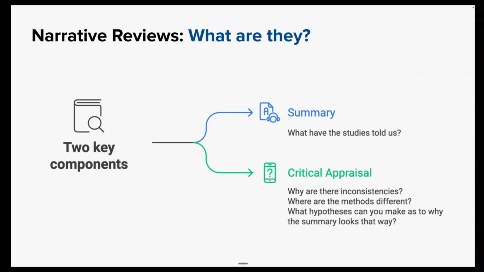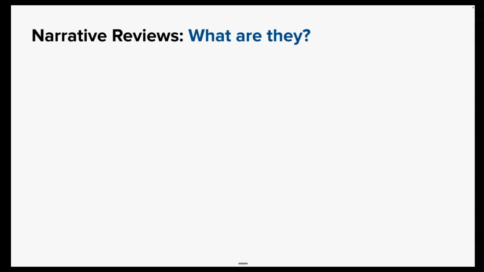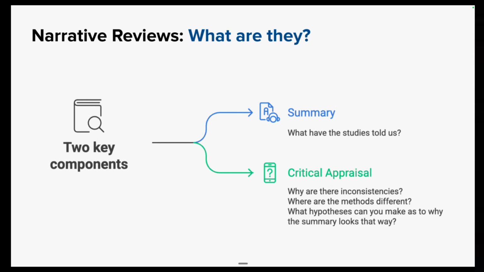All right. So again, here are those two key core competencies, as we'll talk about for the narrative review: that summary piece, and then the critical appraisal piece. We're going to spend the rest of the lecture talking through what these two things are, and then dive into, well, how do I even come up with a good topic or research question in the first place? So we're still looking at the building blocks, and then we're going to come out at the end of the lecture talking about, well, then what? How do I come up with a good research question?